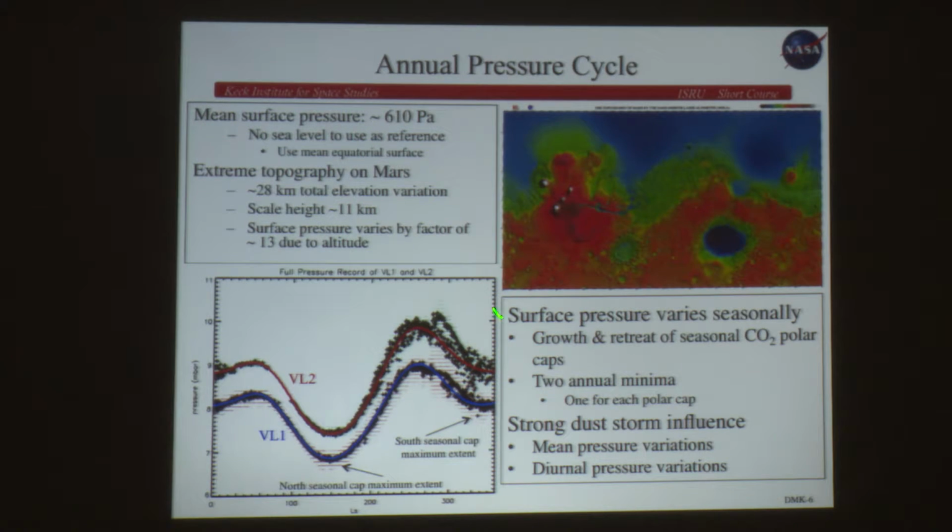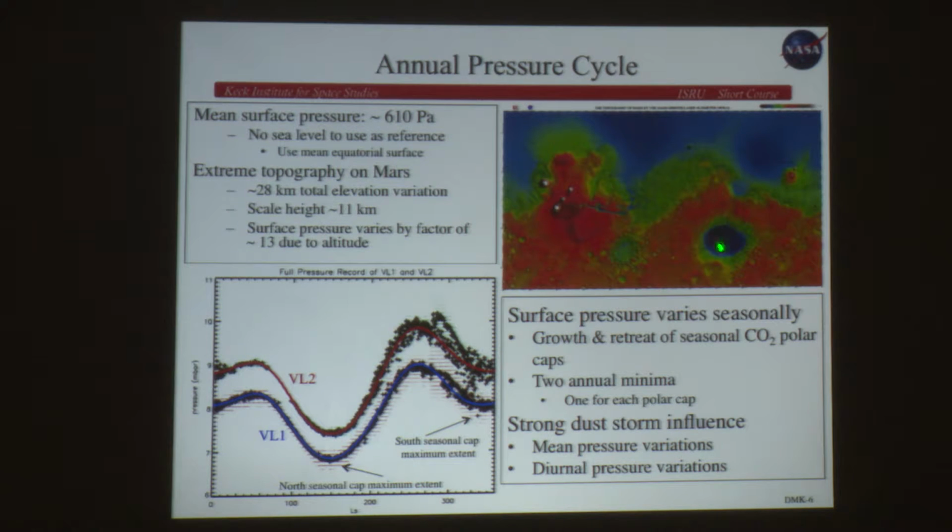However, because of the seasonal variability, you get a very strong variation in the surface pressure over the year. This is Viking Lander 2 in red, Viking Lander 1 in blue. The black individual dots are individual daily surface pressure averages, and the curves are a low order fit to them, and you can see that you have 2 maxima and 2 minima. These correspond to the seasonal caps at each pole growing out to their maximum extent. That's when we've got the minimum amount of atmosphere and the maximum amount of atmosphere in them. You will also notice that the 2 are offset. The altitudes of the 2 were somewhat different, and therefore we see a significant difference in surface pressure with altitude.